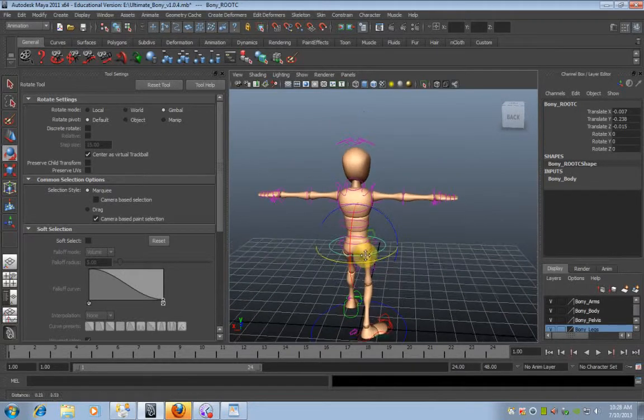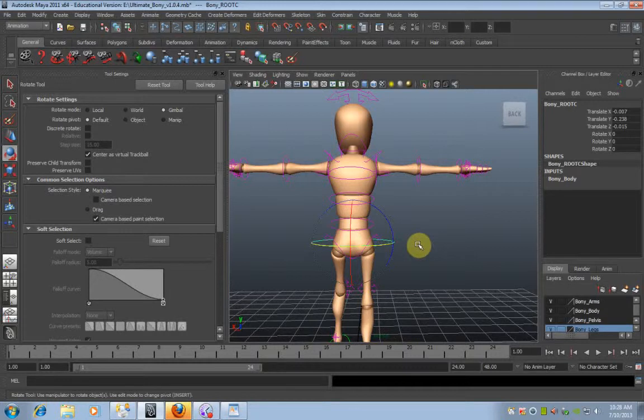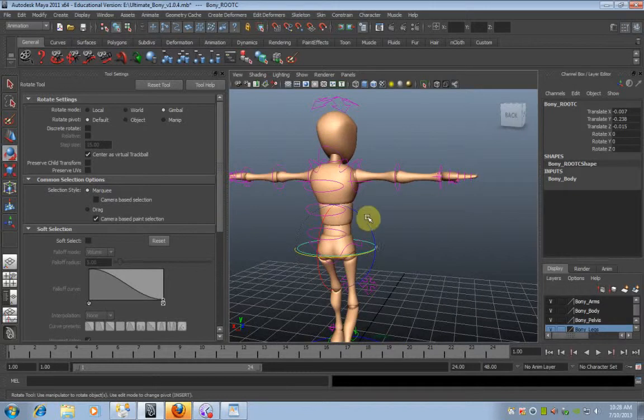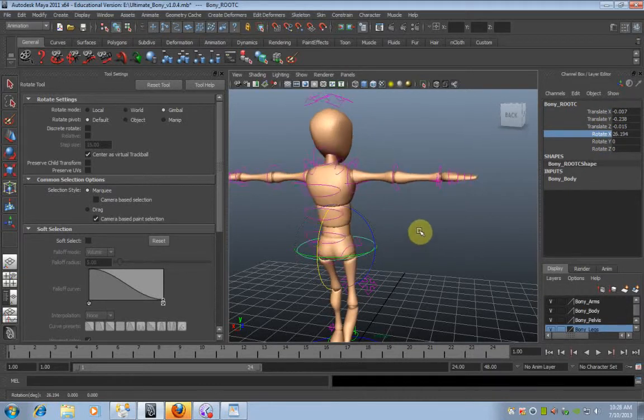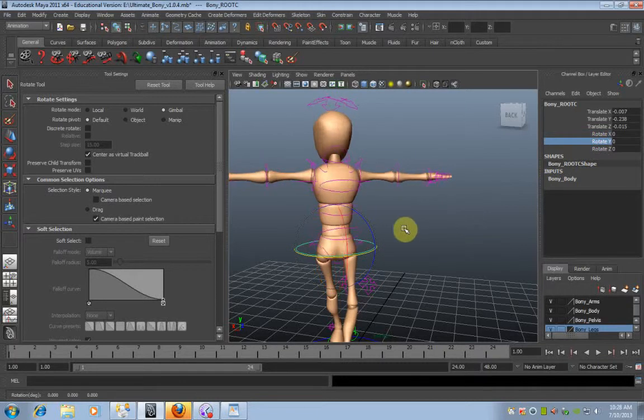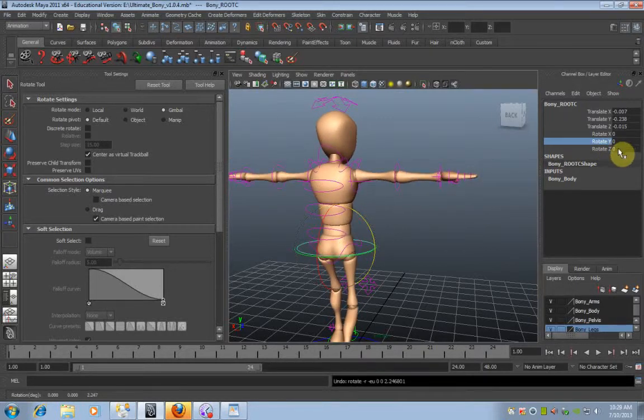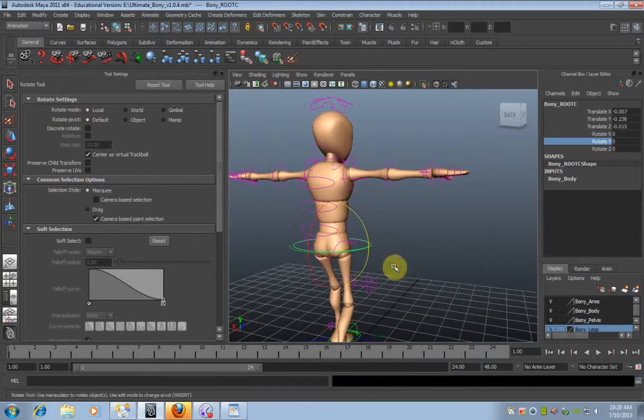And I think I've shown this before, and it's something we're going to keep coming back to time and time again, because it's not the simplest of things to get your head around, but the best way of thinking about this is that the rotation in gimbal has a direct correlation to these numbers here. So if I was rotating in X, it only rotates just in one axis. If I rotate in Y, it only rotates around the Y-axis only. So a change in these things here will result in a change in only one of those numbers at a time. If you use the default rotation, which is the local one,